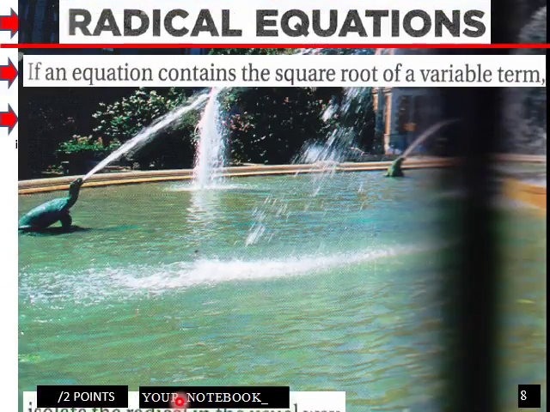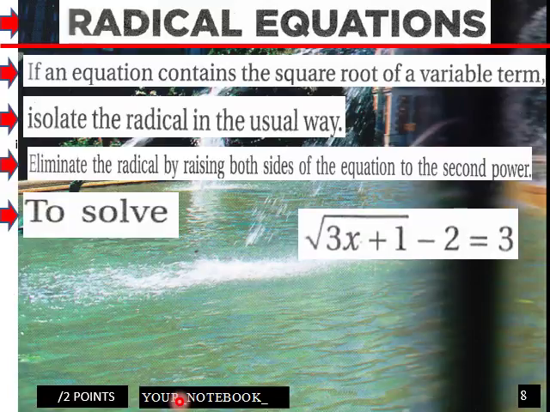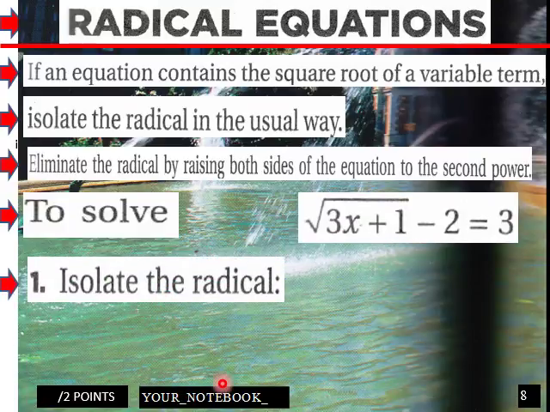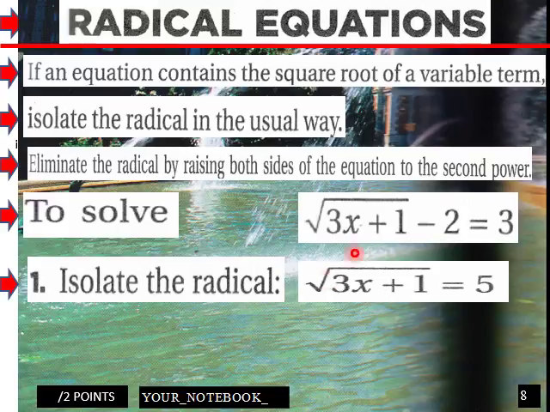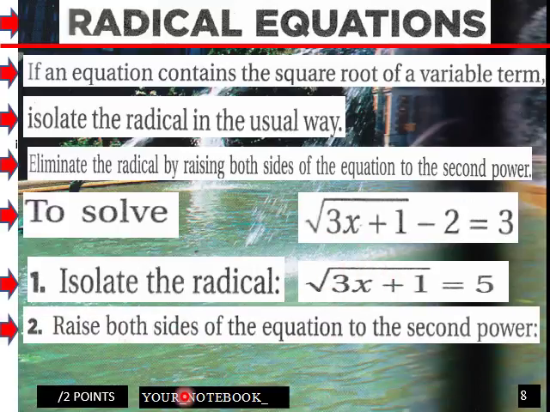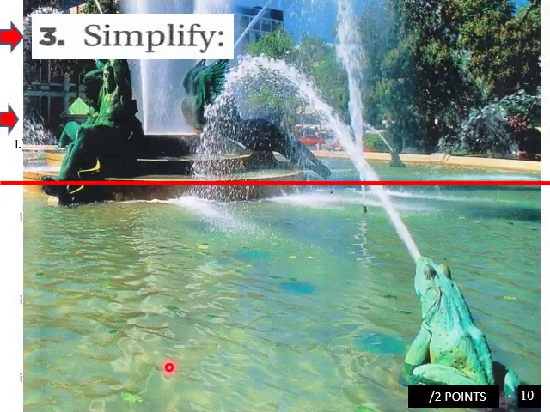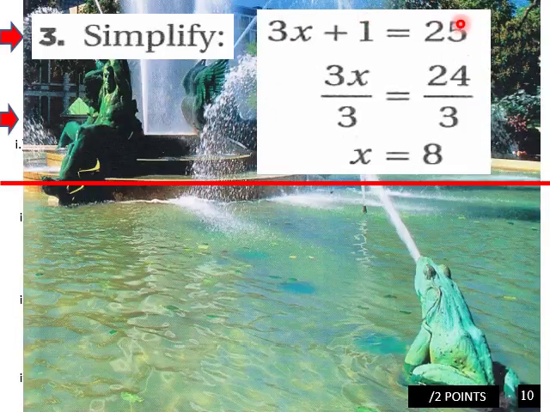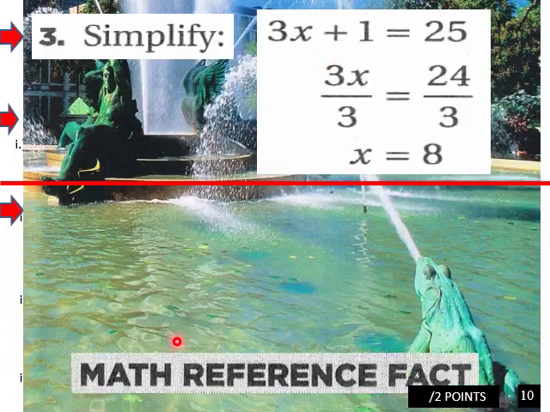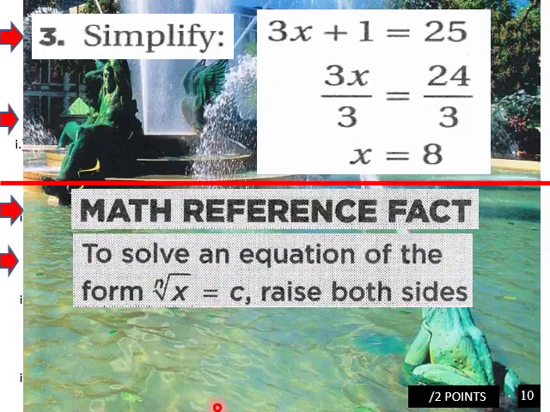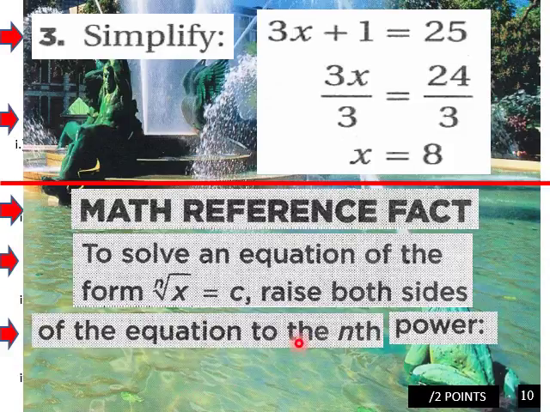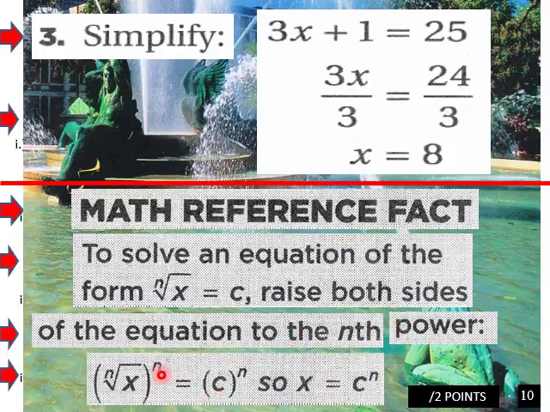Radical equations. If an equation contains the square root of a variable term, eliminate the radical by raising both sides to the same power. So we have this radical here. Raise both sides of the equation to the second power. So we square this and square that. And then simplify it. We have this here, and then we just solve for x. And then a math reference fact here: to solve an equation of this form, raise both sides of the equation to the nth power like this. So x is equal to c to the